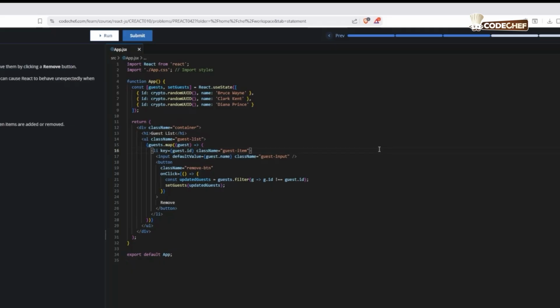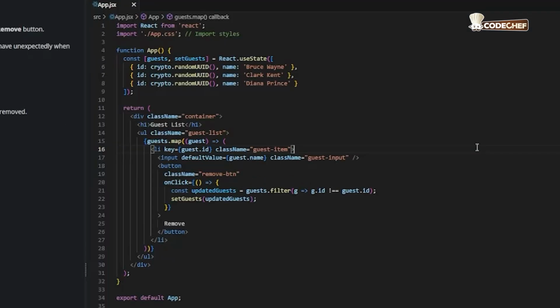To fix this issue, each guest needs a stable, unique identifier that does not change when the list changes. Instead of storing guests as plain strings, we update the data structure to store each guest as an object with an ID and a name. We generate the ID using the crypto.randomUUID method, which guarantees a unique value for every guest. Now, when rendering the list, we use guest.id as the key, and this key remains the same even if items